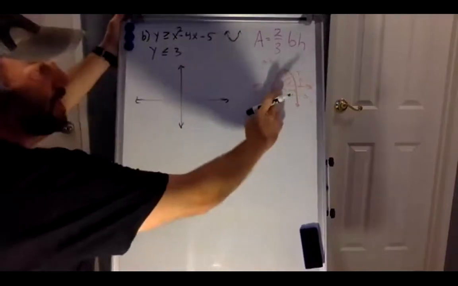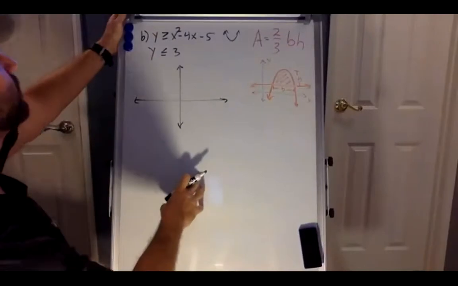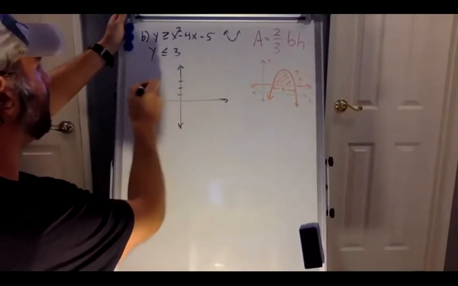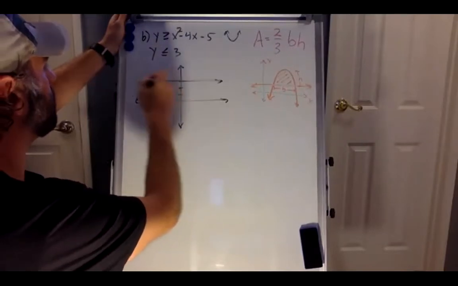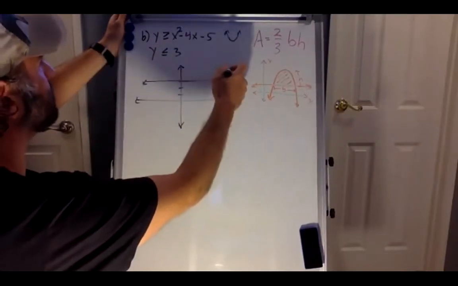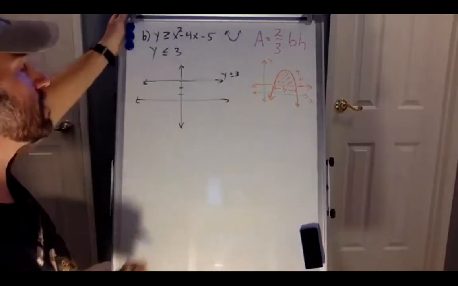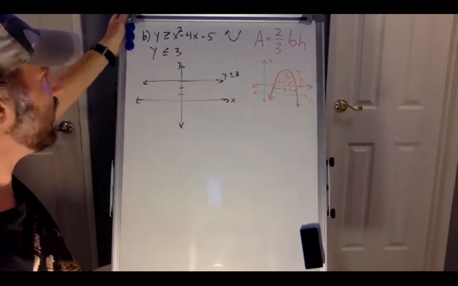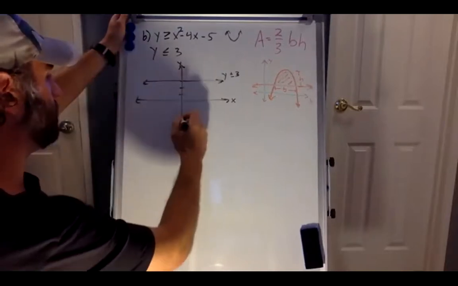Okay. Remember, you're trying to find b and h to just plug it in. All right, so I have y is 1, 2, 3. I have this. This is y is less than or equal to 3. That's that horizontal line. This is the x-axis, this is the y-axis. Okay, and now I have